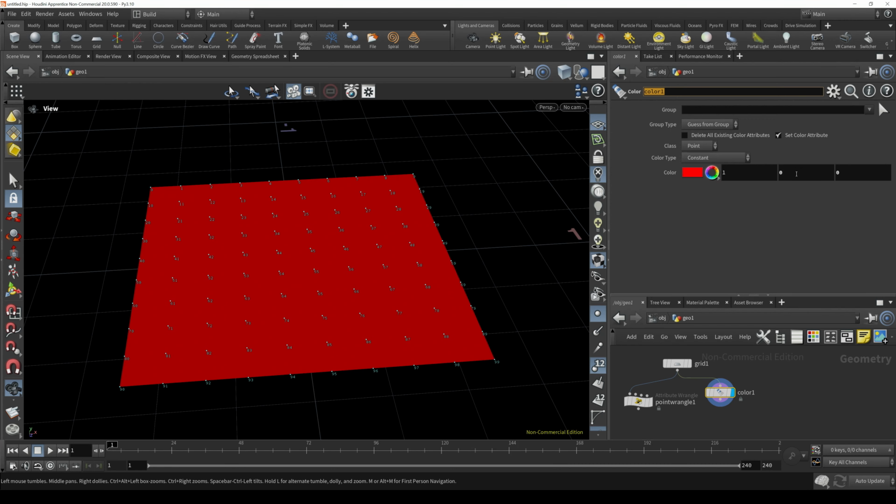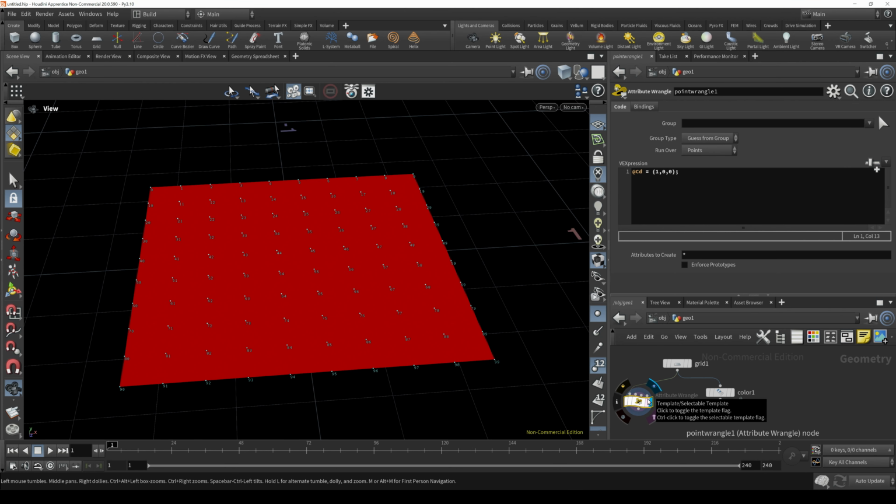We have 1, 0, 0, so we're creating a red vector. But the power of the wrangle is you can do things on individual points. And one of the things that most of the students seem a little confused about is the ptnum attribute. Okay, ptnum is just the point number. So if you wanted to access an individual point, you could say